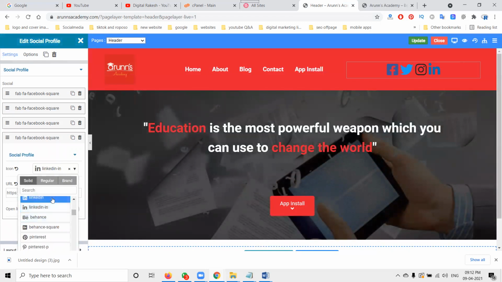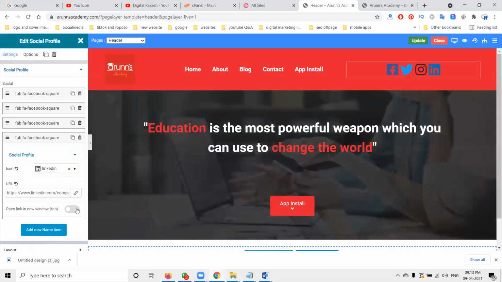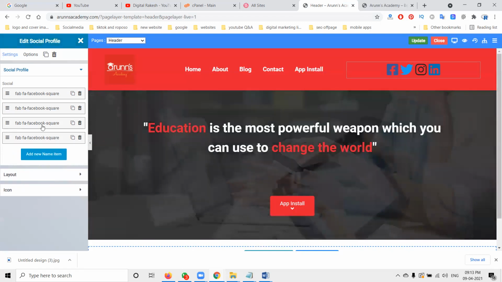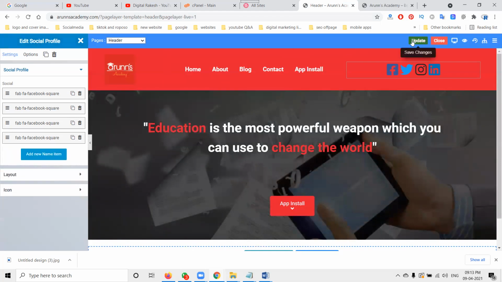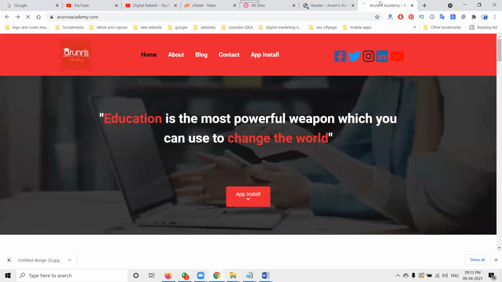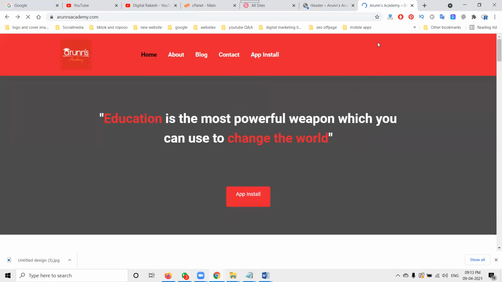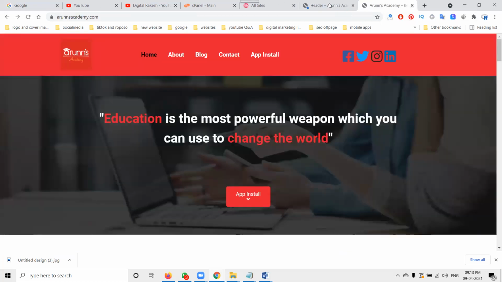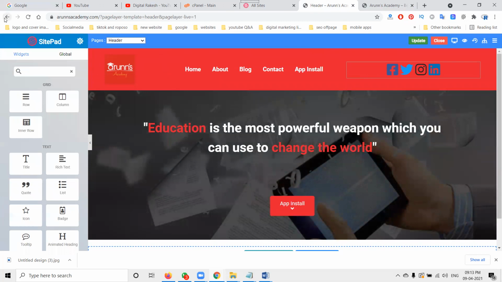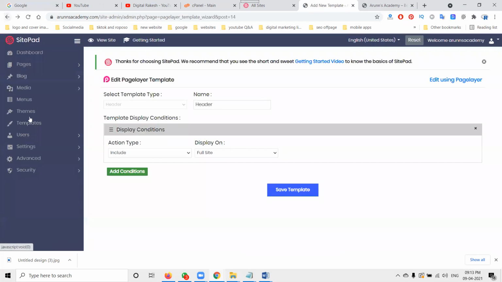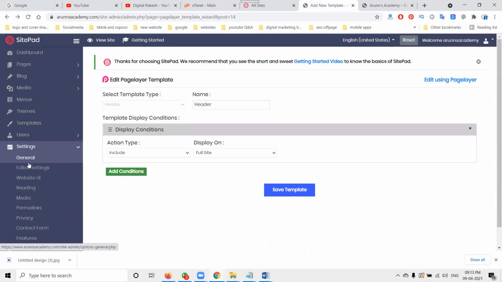Open new tab. New window: I'm selecting the social icon to open in a new window so that it does not disturb your website. That is why I'm selecting the new window option. That means we can go here and refresh once again. In this option, when anyone clicks here, it automatically opens a new window to the particular social media link. The social media links will be activated by using the setting option. By using setting, we can add all the social icons at once.